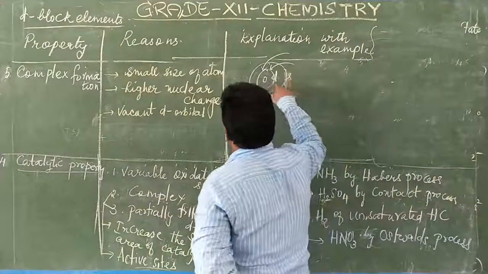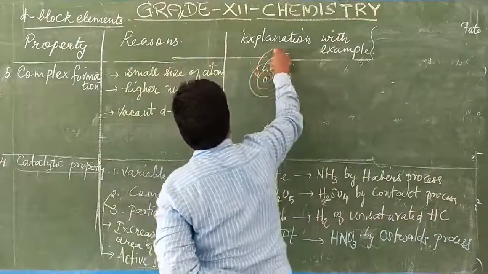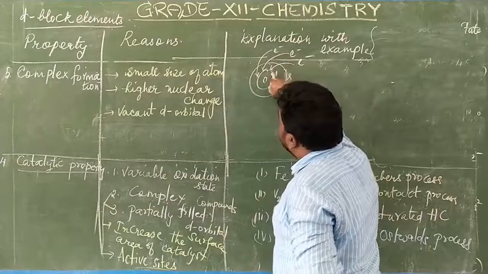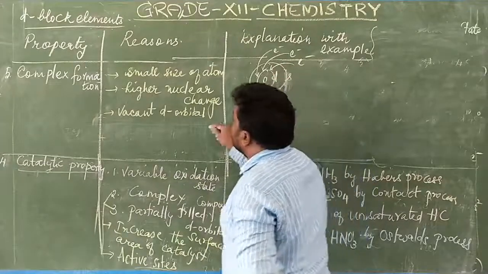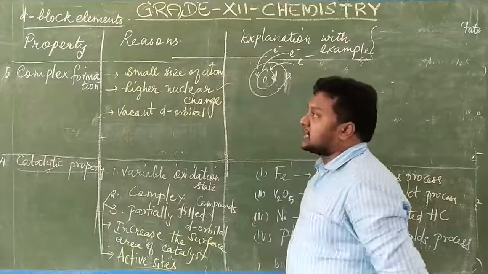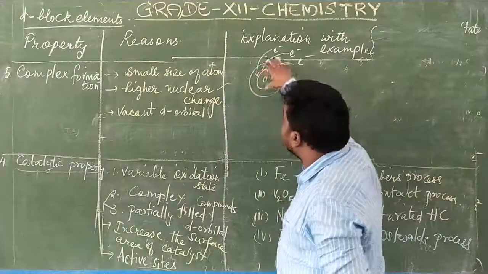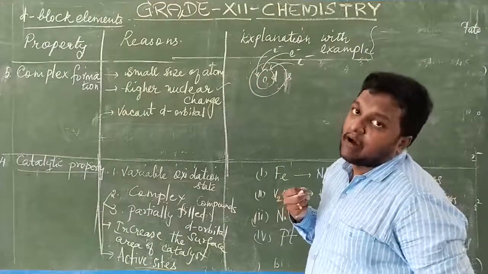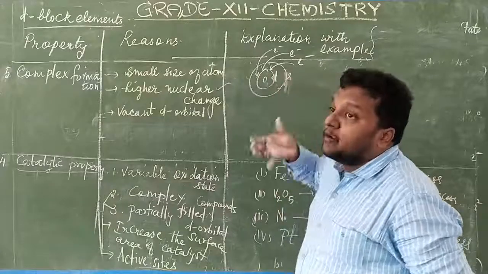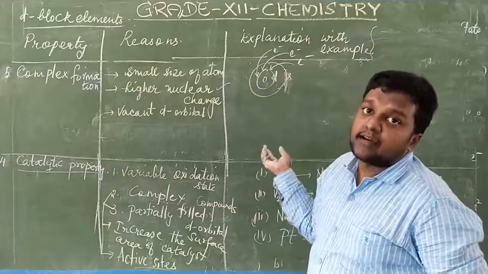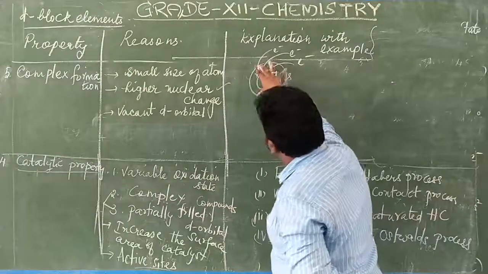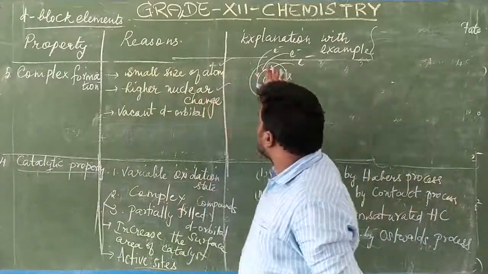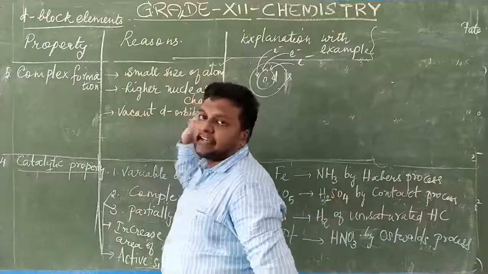In the penultimate shell, the (n-1)d subshell, the incoming electrons will be getting added. The penultimate shell is very close to the nucleus, so there will automatically be an increased nuclear charge. Due to the increased nuclear charge, electrons are attracted, and there will be an inward pull of the orbit. So with the inward pull, low screening constant and imperfect shielding effect, the size will automatically get constricted. So there is a small size. And then what? Higher nuclear charge, so diffuse structure, and the vacant d orbital should be there.